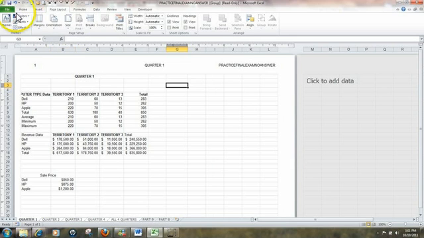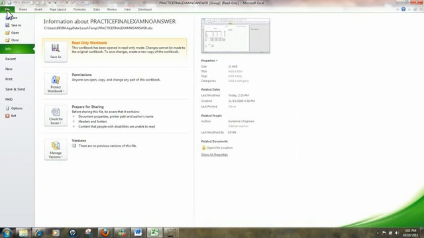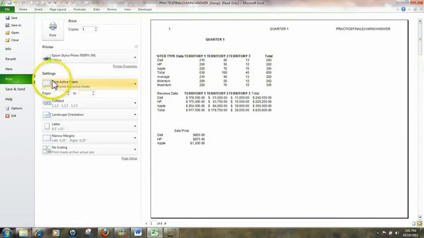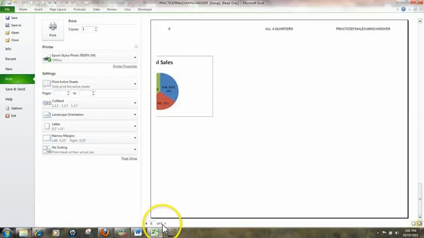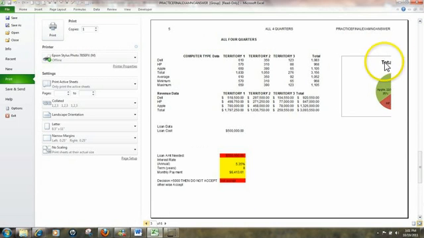Next, we're going to click on the File tab and go down to Print. There's 6 pages. Everything is taken, but we have one problem. Our chart is way over to the right. So what I'm going to do to correct that so it shows all on one page,